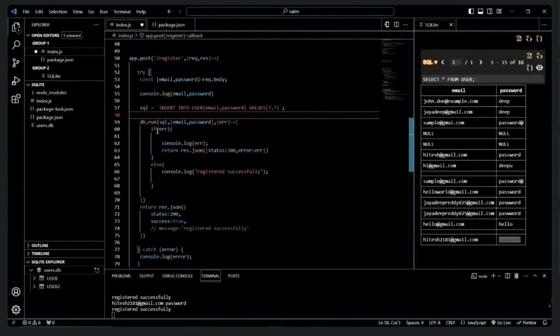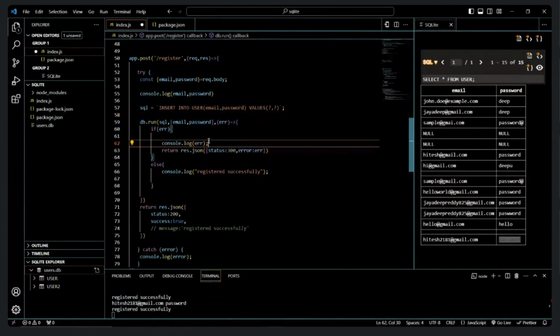While I'm running the query, if I get any error, it will move into this if block, and I will print that message here. And we have to send some response to the client regarding that error. I am console logging on the server side and sending some response to the client side. Currently we are running an Android application, sending some response to that Android application